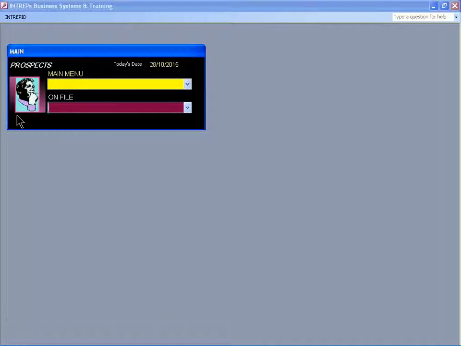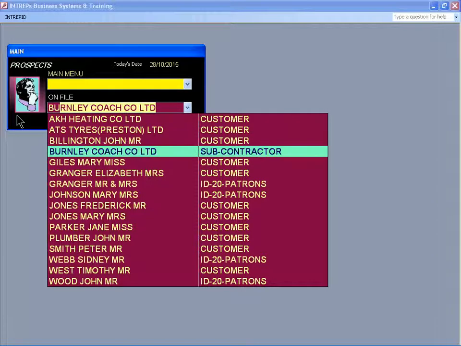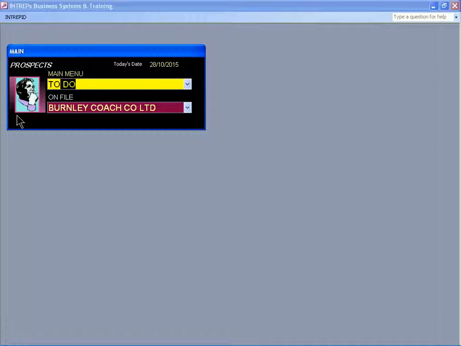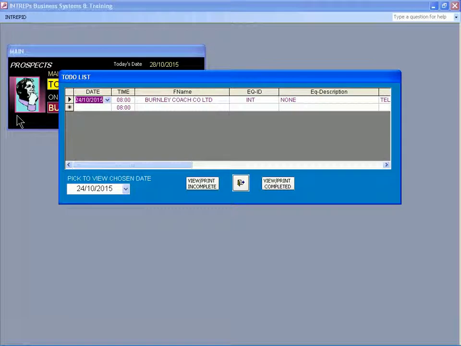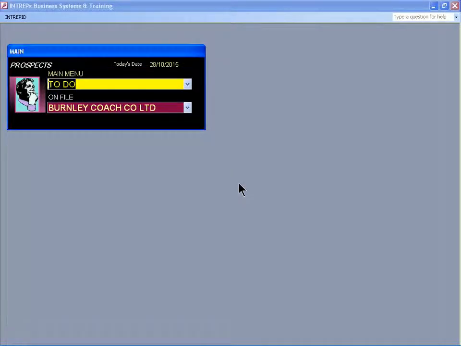What I've done is I've raised the coach company's record, Burnley Coach Company. I've categorised them as a subcontractor, and I've posted a to do for them. We'll have a look at that now. For the 24th of the 10th, that is to do with confirming to them by telephone on the 24th, the day before the coach trip, that we're ready to receive all the clients. So that will come up and we'll spot that on the 24th, and that will remind us to complete that